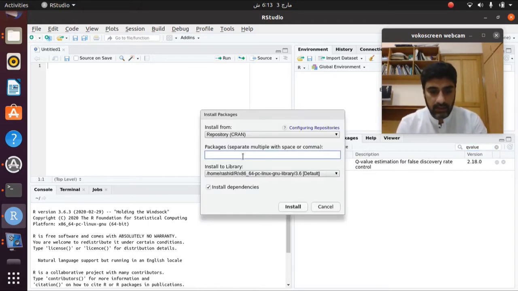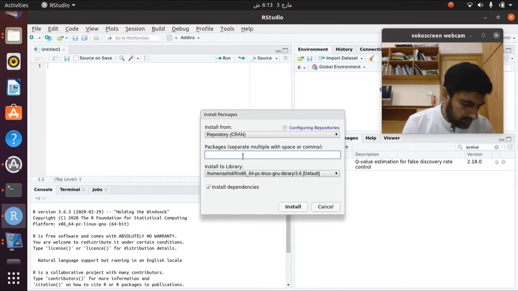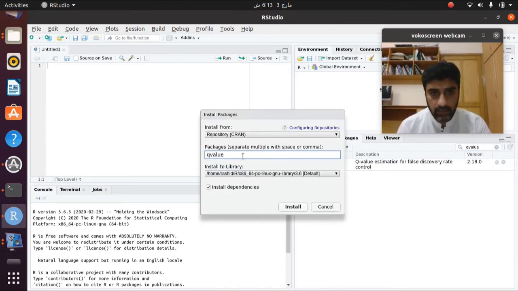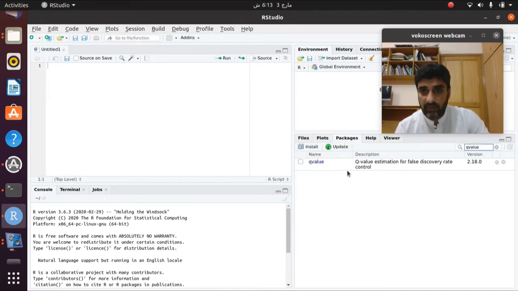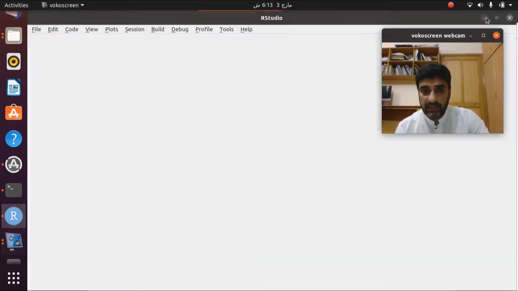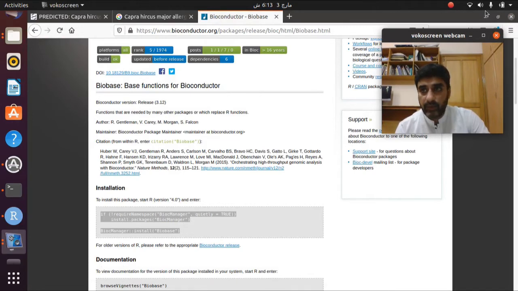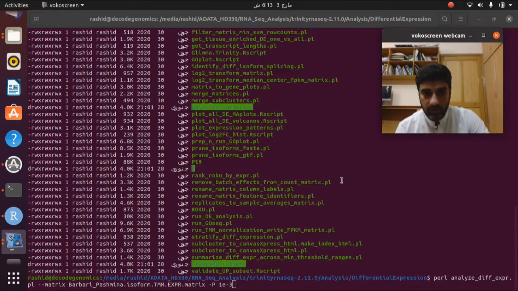Qvalue is not appearing here, so you have to go to Bioconductor and install it like we installed the previous two packages. When you are done with it, just minimize it, and now you will run the command on here.